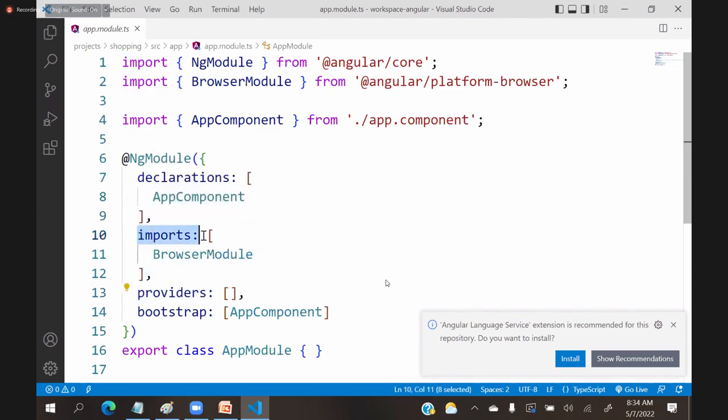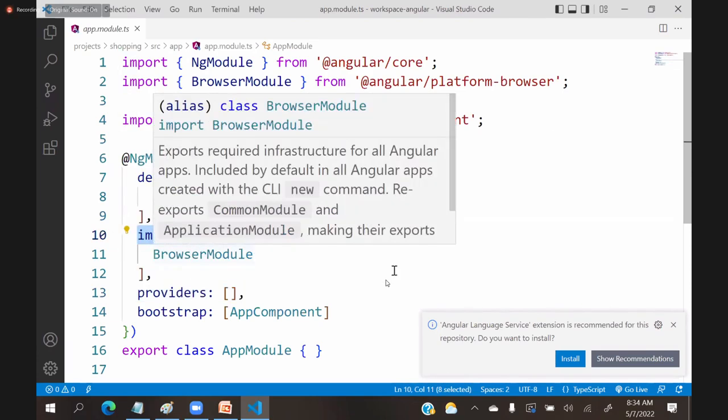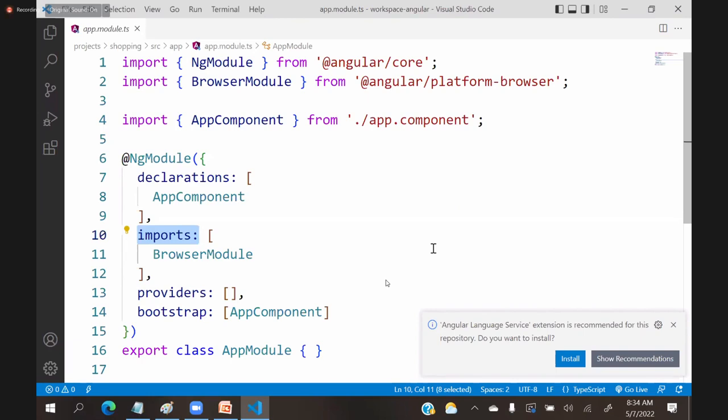Imports contains modules. A module can use some other modules. The modules can be defined inside imports. Several more things will come later. So technically every module initially contains declarations, imports, providers. And yesterday I explained, if you remember, bootstrap means